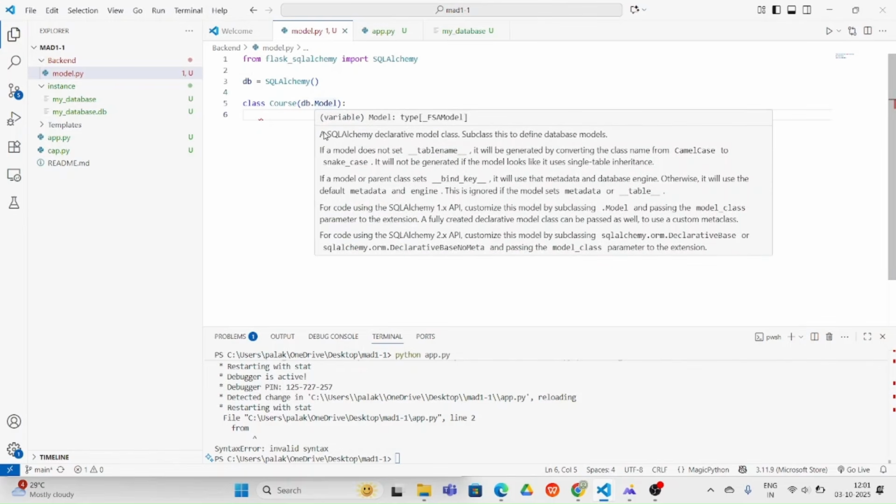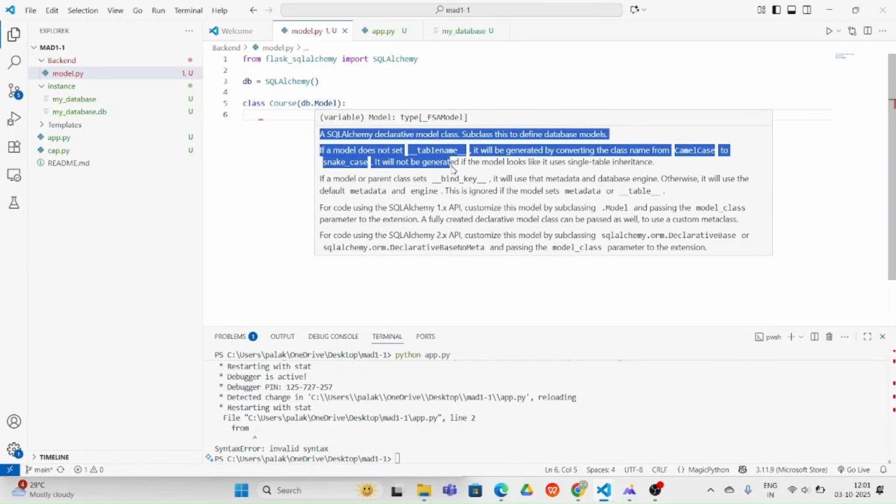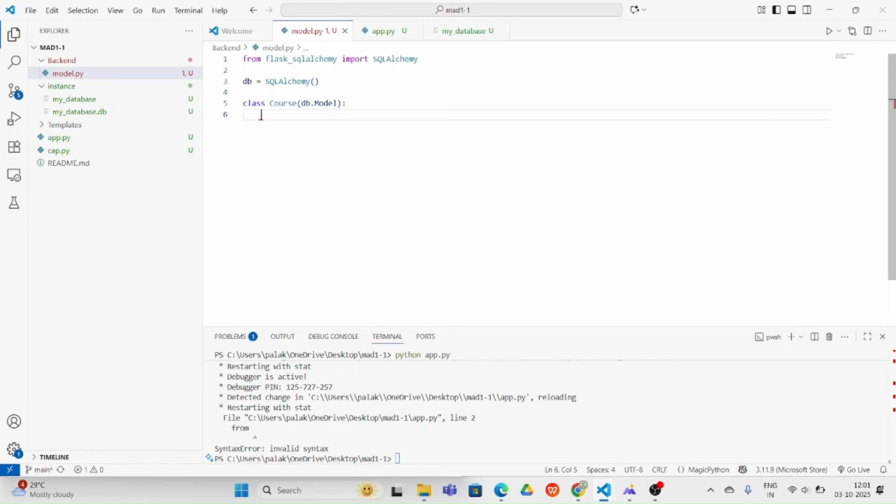So you can see there's a thing written here: Model is a SQLAlchemy declarative model class. Subclass this to define the database models, how you create the database models. Also, if you want to give your own table name, then you can give it like that, say __tablename__